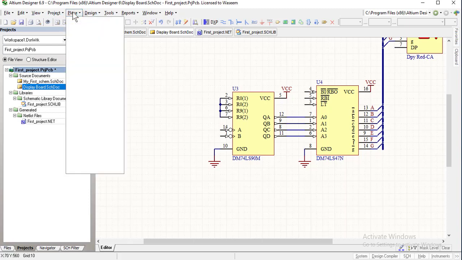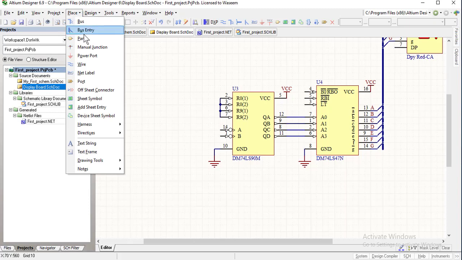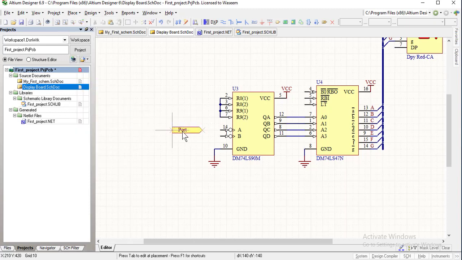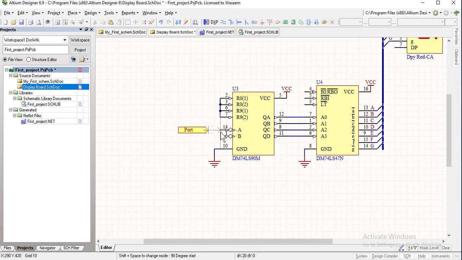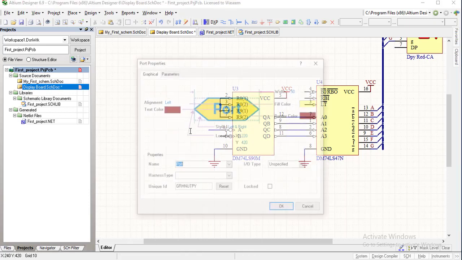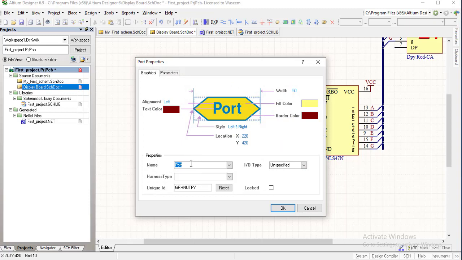So we can just place a port here and connect. For example, we rename the port as LM555 pulses.